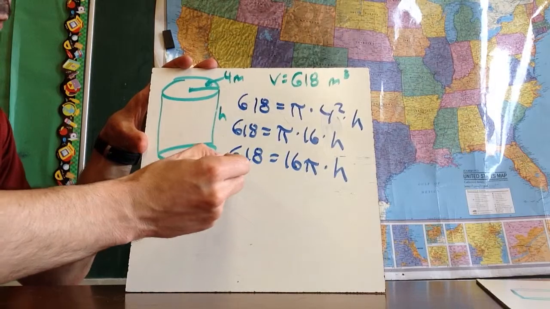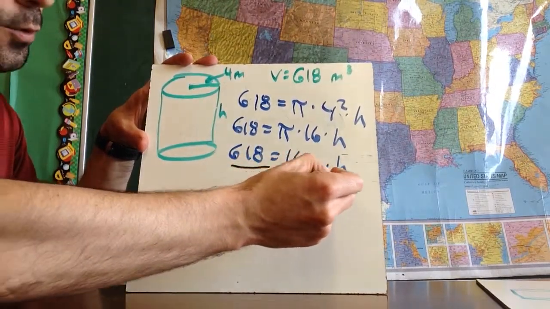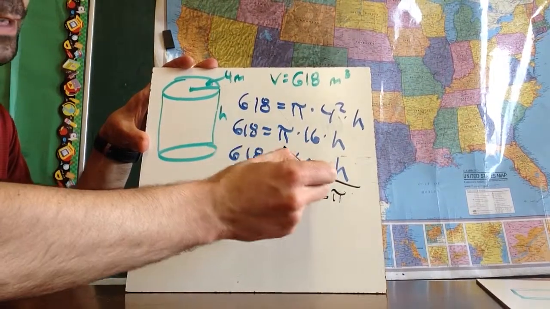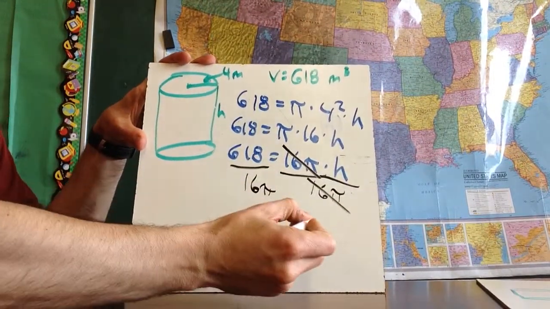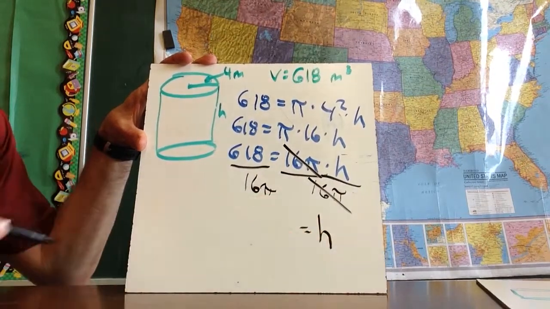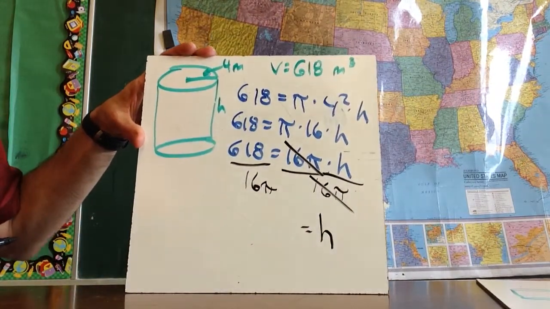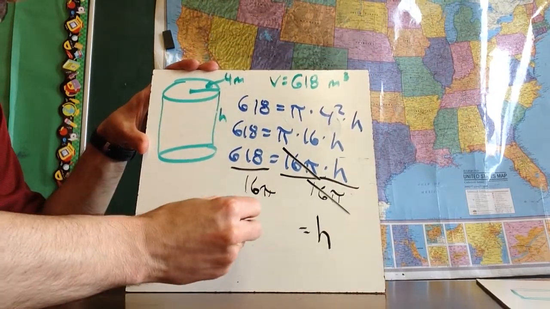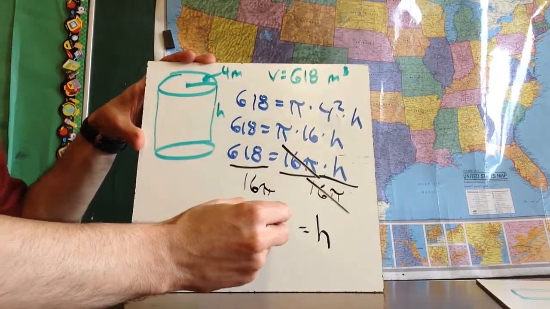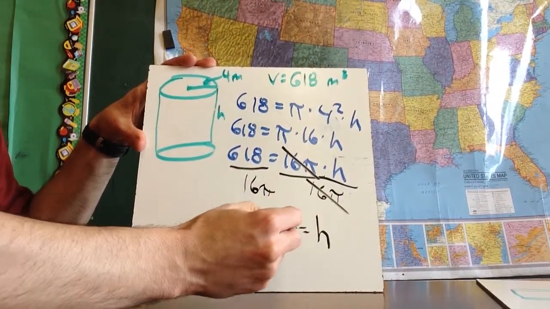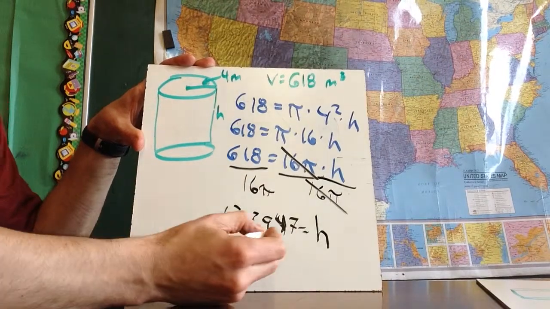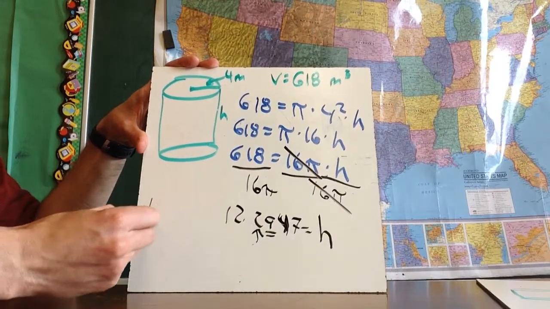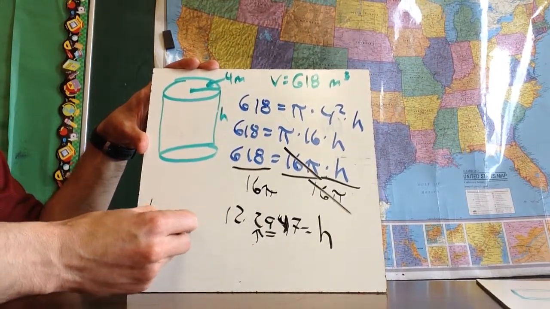times height. So what I'm going to end up doing is dividing both sides by 16 pi. And so when I divide this by 16 pi, they cancel out, and I'm going to be left with an h, which is good because I'm trying to figure out the height. And 618 divided by 16 pi equals 12.2947. That's a 4, sorry, it doesn't necessarily look like one. This 9 tells me that I should round up onto the 2,